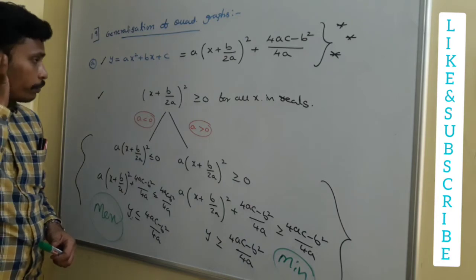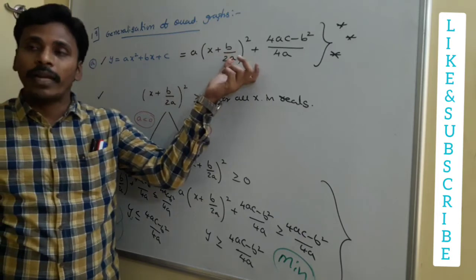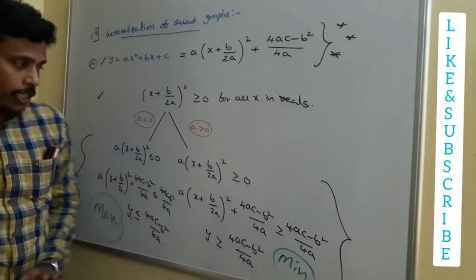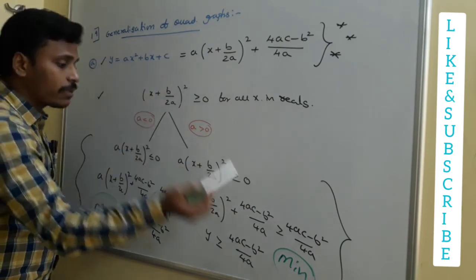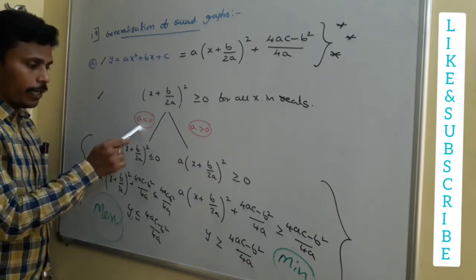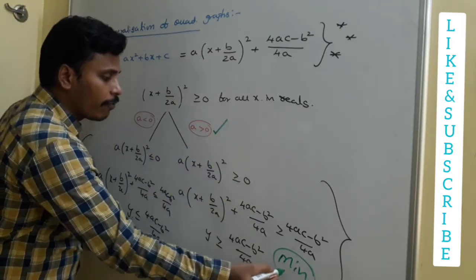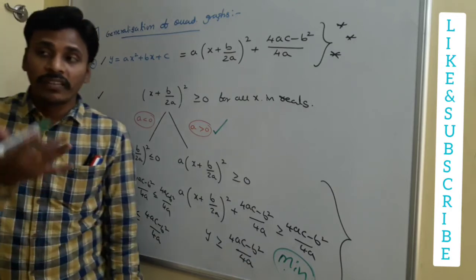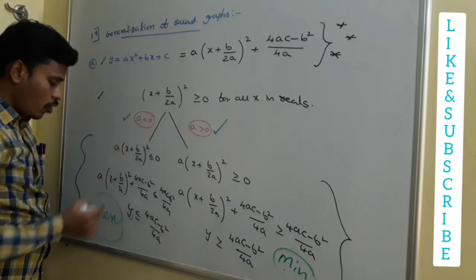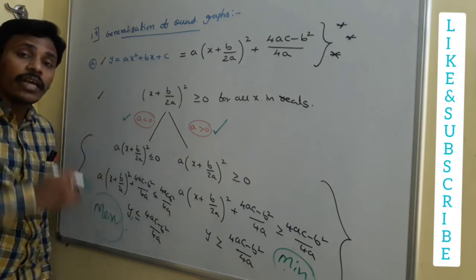Is it right? So, when you think of this quadratic expression in this perfect square format, this perfect square format helps us in finding the maximum or minimum value of the expression. And this expression y has a minimum value when a is positive, and it has a maximum value when a is negative. And see, whenever a is greater than 0, in this case we have minimum. But what do you say about maximum? There is no maximum. The maximum is at infinity. And in this case, a less than 0, we have maximum. But what is minimum? There is no minimum here, and the minimum is at minus infinity.